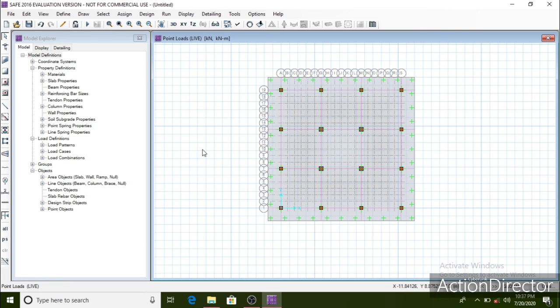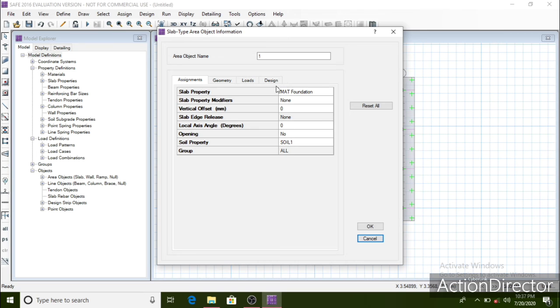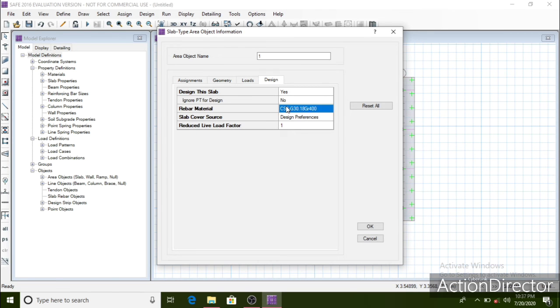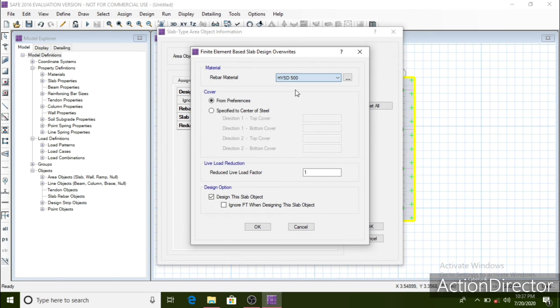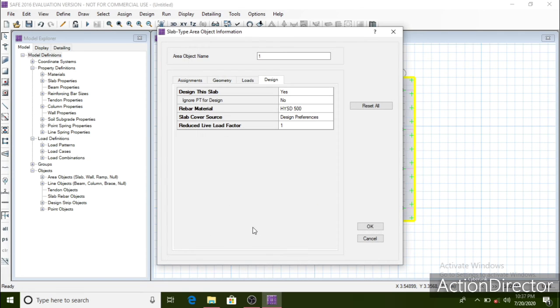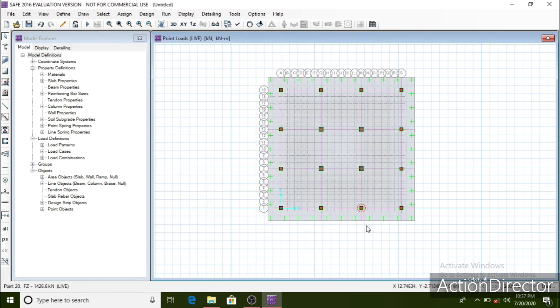So right click on the footing drawing, go to design tab and change the rebar material to HYSD 500. Click on OK. Click on OK. There is no need to assign the rebar material for the columns as they are already defined.